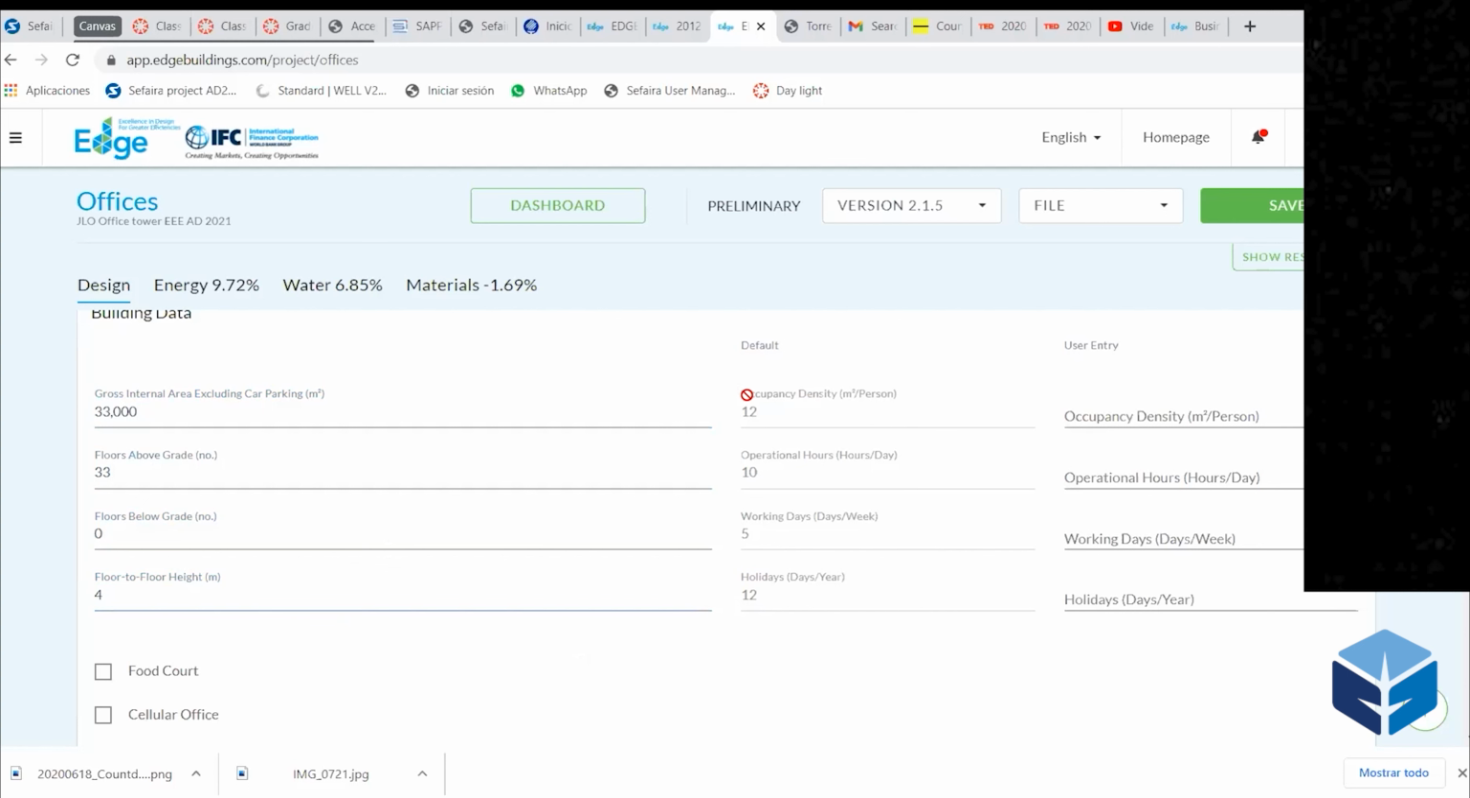As you can see, the occupancy density matches the one that is traditional in Mexico: 12 square meters per person of usable space. This is different from the one in the US. However, this is a regular density pre-pandemic. I'm pretty sure that after the pandemic, this is going to change. 10 hours a day, 5 days a week. We don't work on weekends. And for the whole year, we have 12 holidays. This is going to give you the